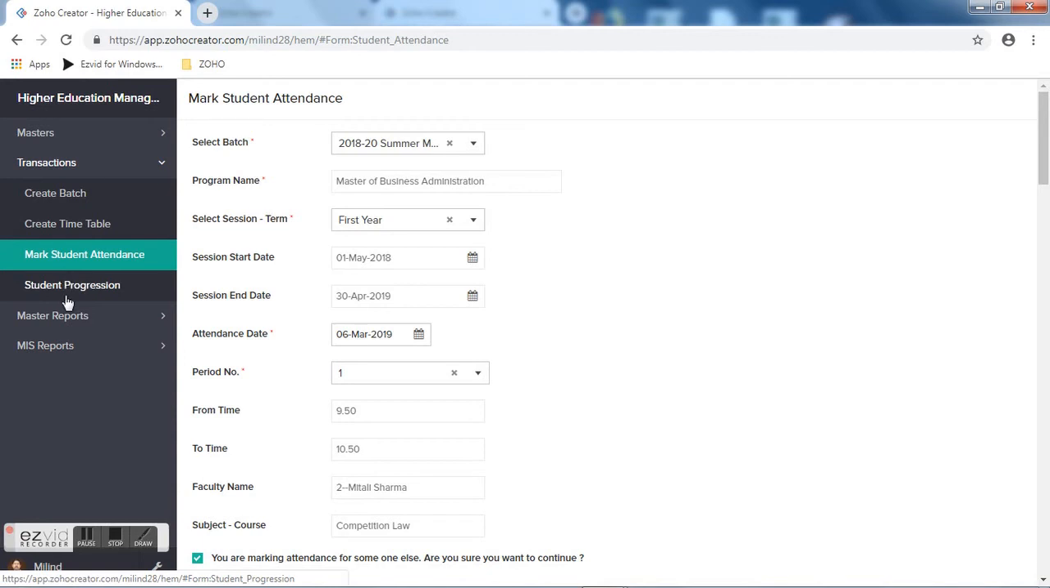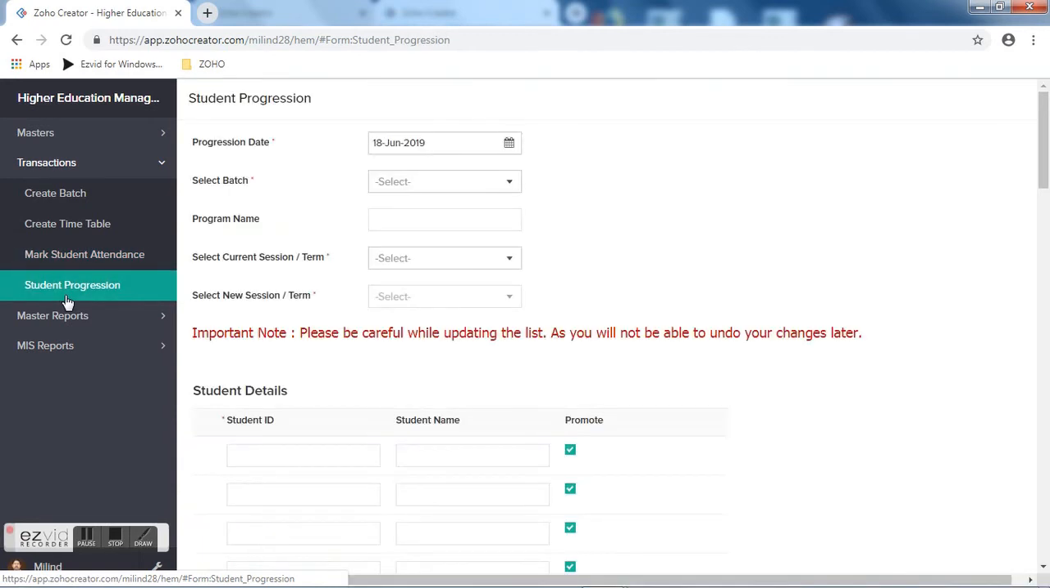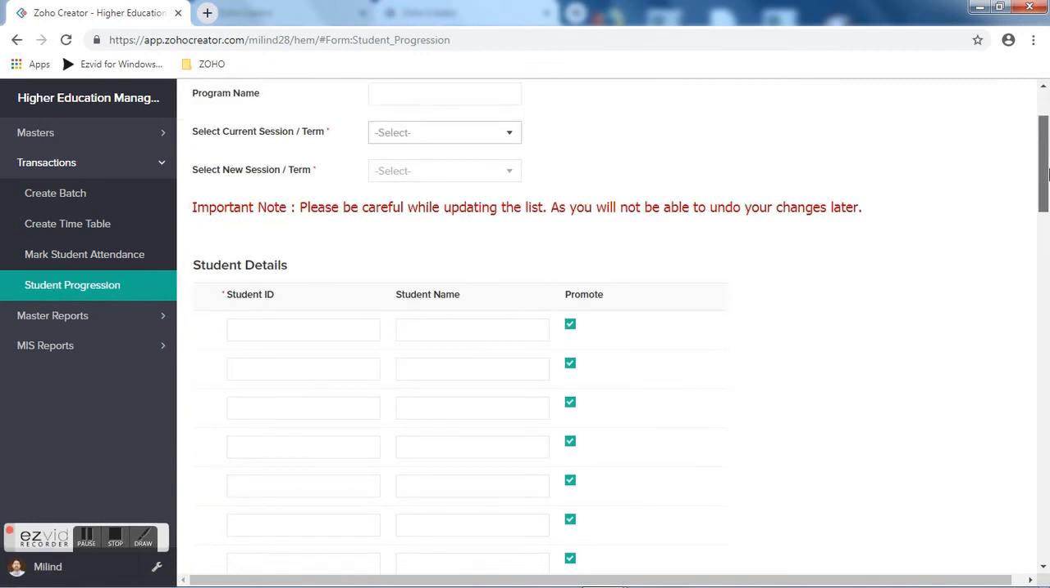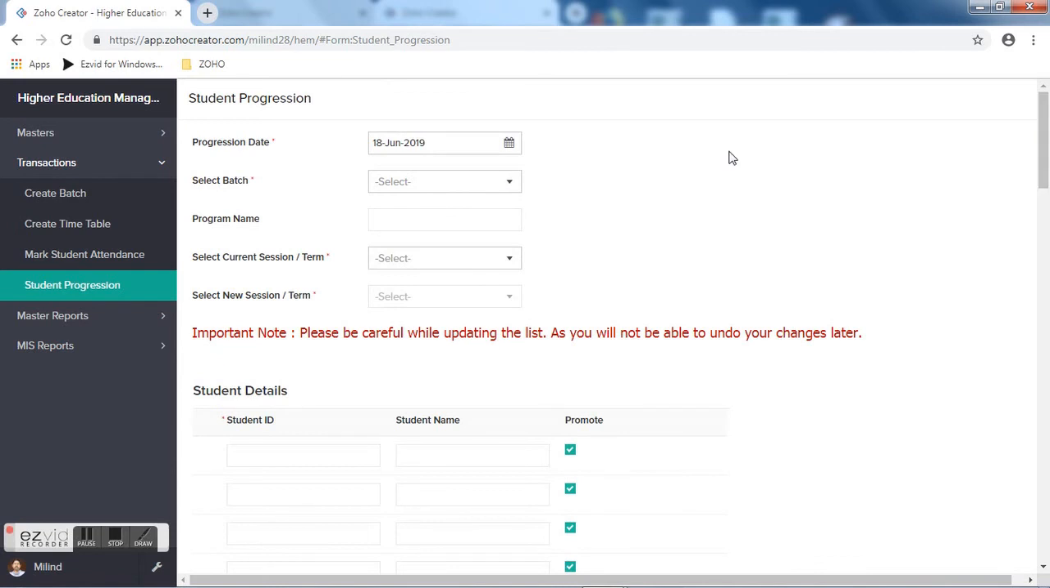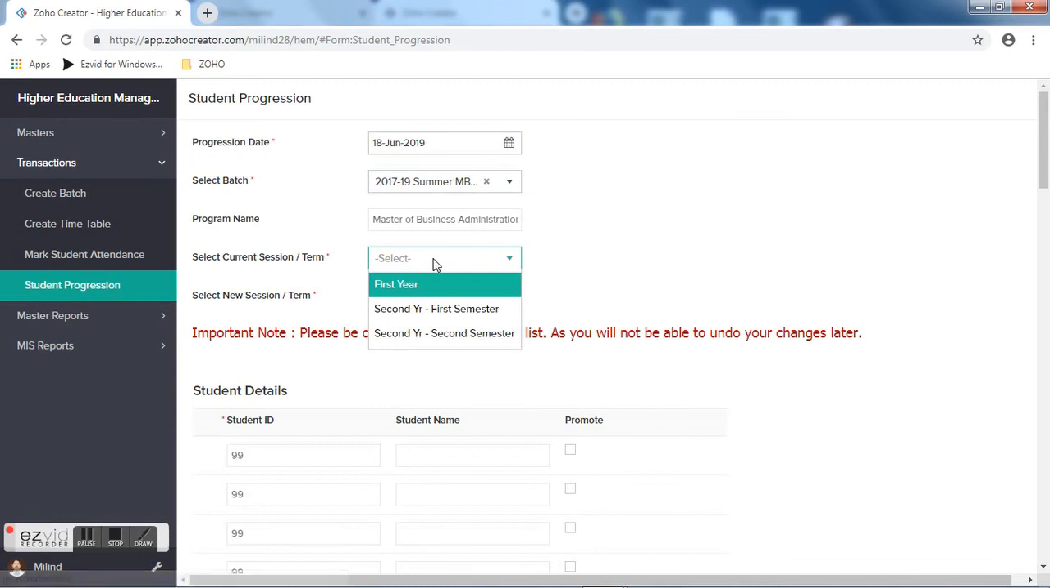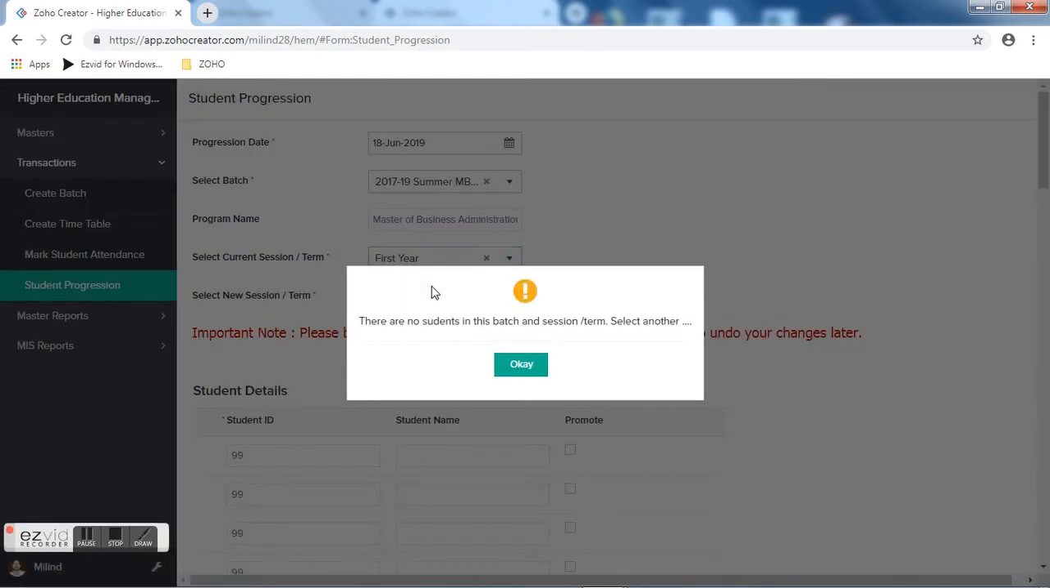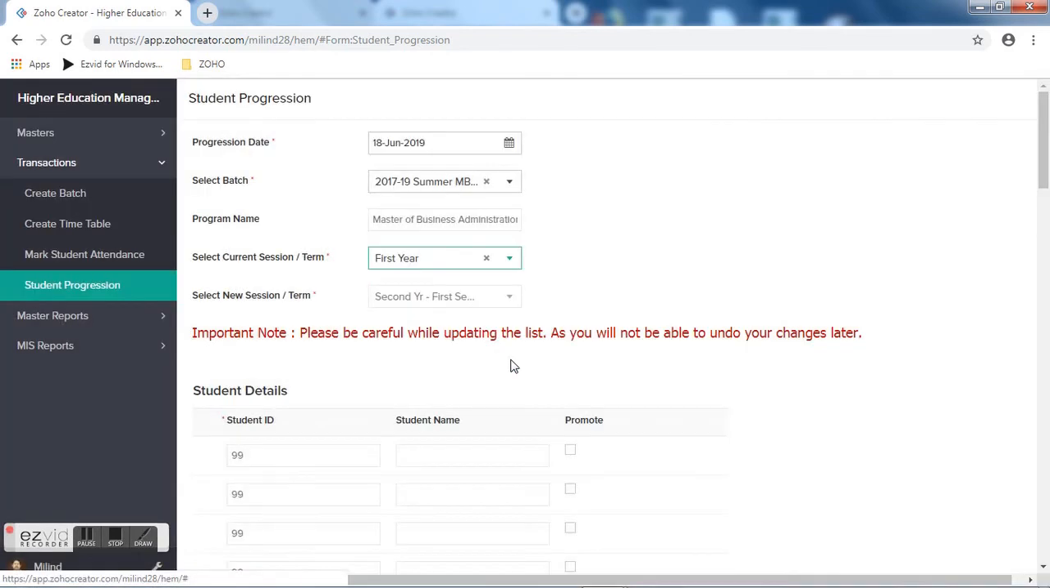and the next option you have is the student progression. Now this is whenever the term ends or the session ends, you will be promoting students to the next session or the term. So you go here, you select the batch for which you are going to update the promotion or progression, and then you select the year or the term for which you are going to update the